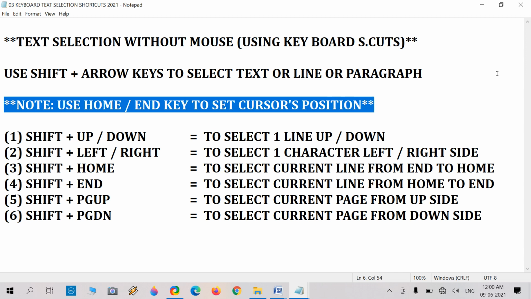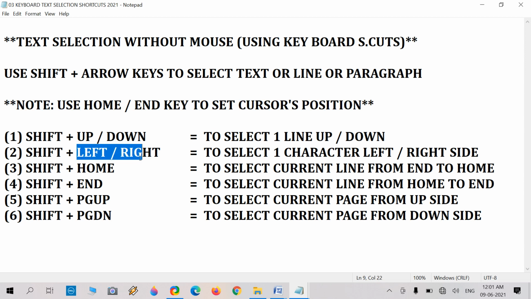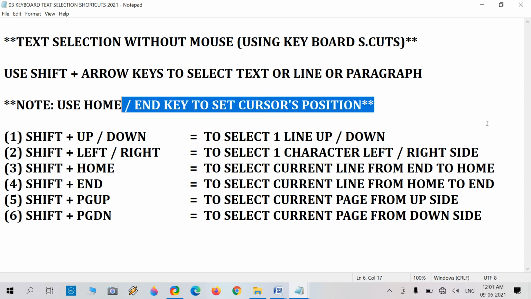And here is the second task, Shift plus left or right. This task I am performing here. If your cursor is at the end of the line, then press Shift plus left. It will select your line.